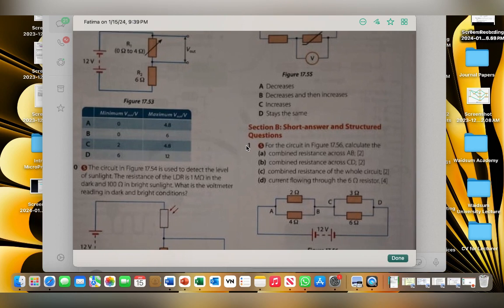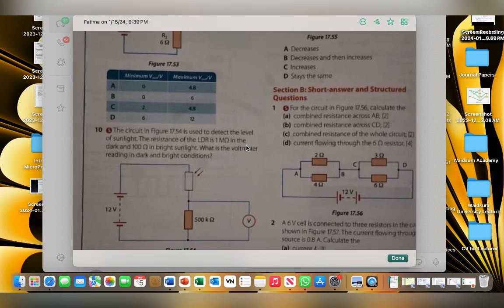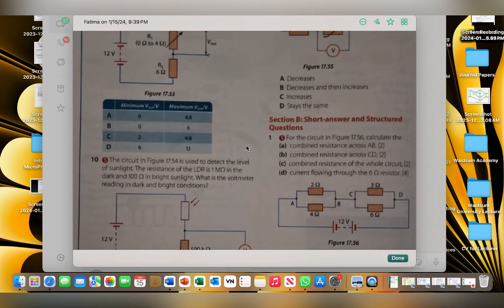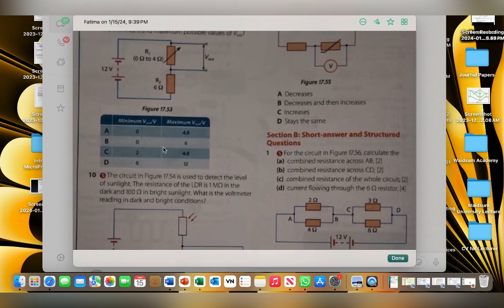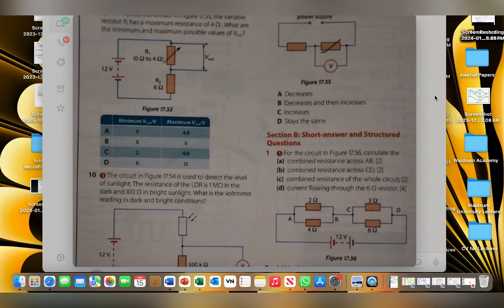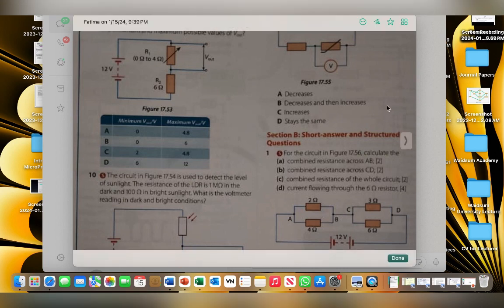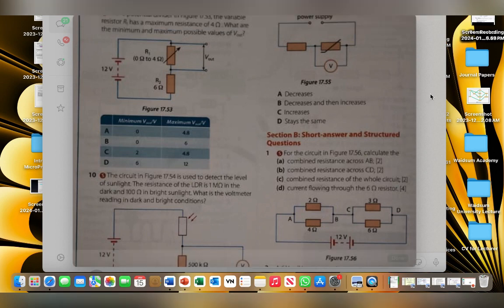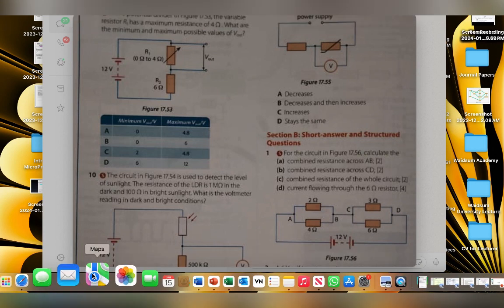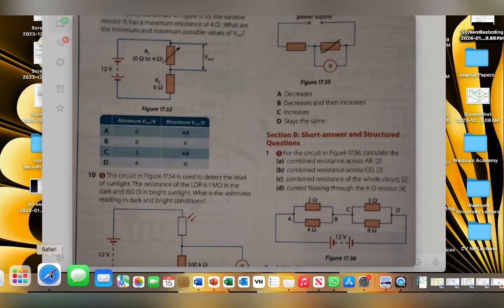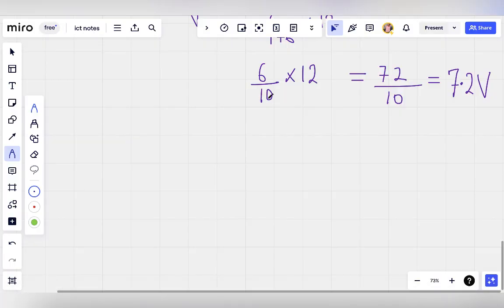Now, did they say the maximum voltage? Okay, wait. It's 4 over 10 times 12, because we were looking for the voltage here. This will be your R2 in this regard. So for this formula, we can say the output voltage,